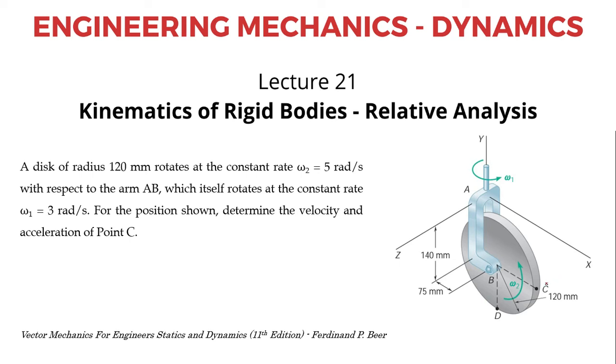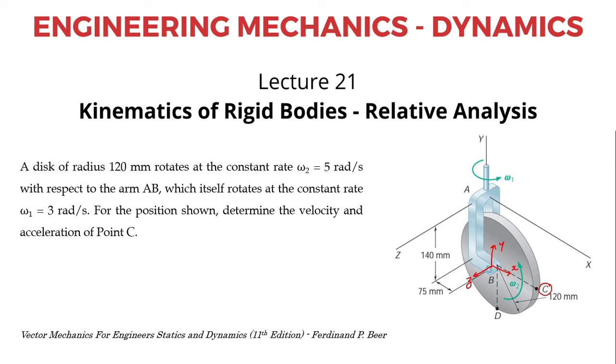Now the question is to find the velocity and acceleration of the point C relative to the ground, or relative to capital XYZ. This is a question of relative motion. So as such we shall be using the second case here for solving this problem. Since I attach my secondary reference frame, you have already the fixed reference frame capital XYZ, and if I attach my secondary reference frame like this, for example, I attach my small x, y, z here.